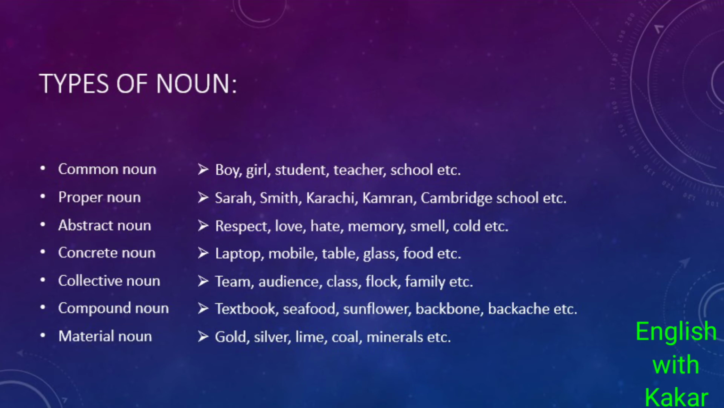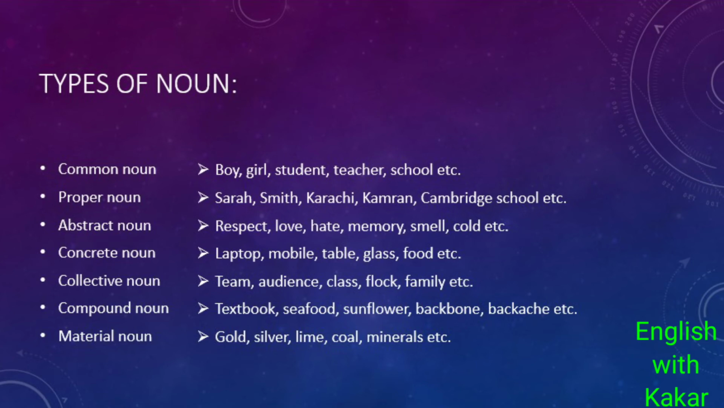are your audience. Class is also. In a class, we have many people. So when many people or things get together and they form one particular thing, that is known as a collective noun. A compound noun is when we use two words that have different meanings,